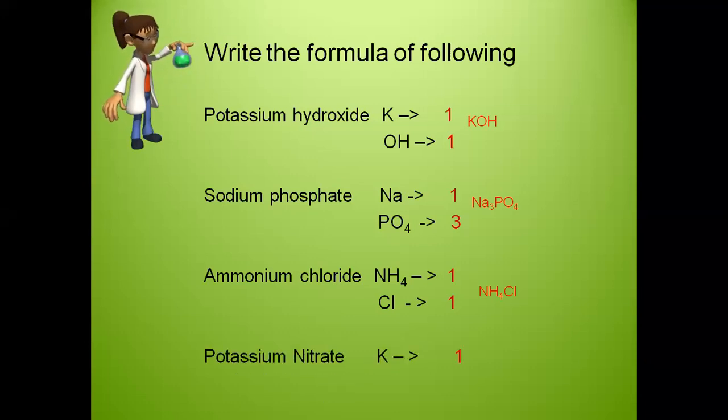Now quickly, one more. Potassium nitrate. Potassium is K and nitrate, as we have done before also. Are you all able to catch up with the speed and able to do this? Nitrate is again NO3. Both are valencies 1. So I get the answer as KNO3. Is it okay? Did everybody understand how to make the chemical formulas? Because definitely this question will be asked in the exam. If not a direct question, but when you're doing chemical reactions, you are expected to write the formula on your own. So this is an important and integral part of chemistry and chemical reactions.